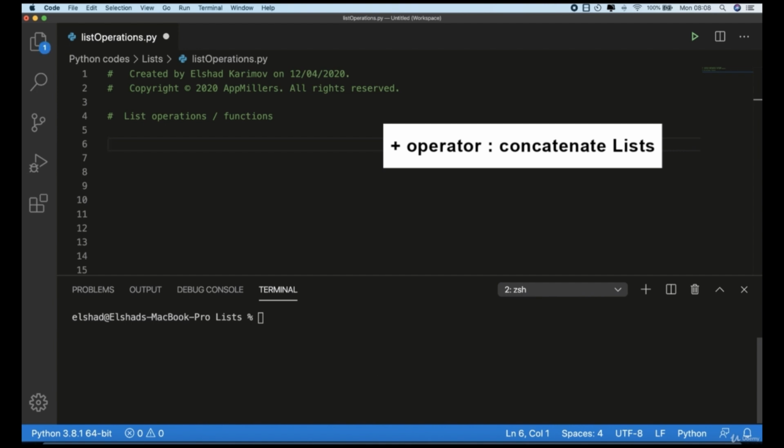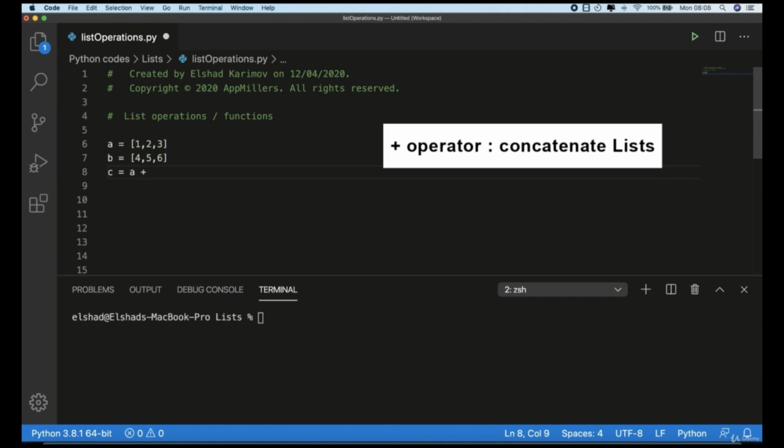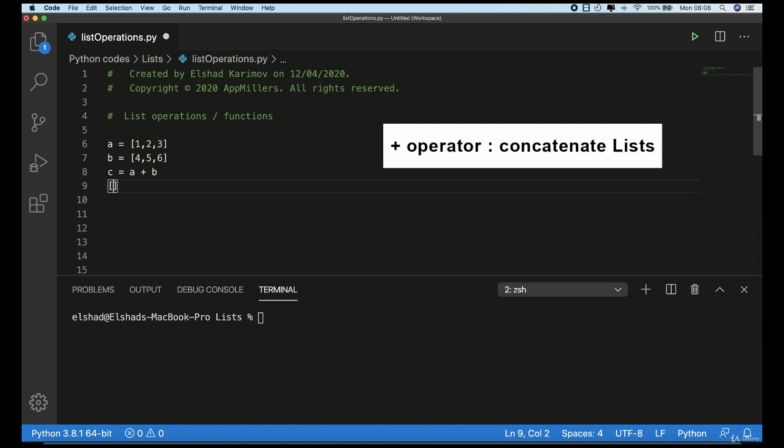Imagine that we have two lists. The first one is A. It consists of 3 elements. And the second one is B. B also consists of 3 elements. I'll put like this: 4, 5, 6. By using the plus operator, we can concatenate these two lists and create another list, or just print the list out. In this case, I will just create another list, C, which will be the concatenation of these two lists. So if we print out C,